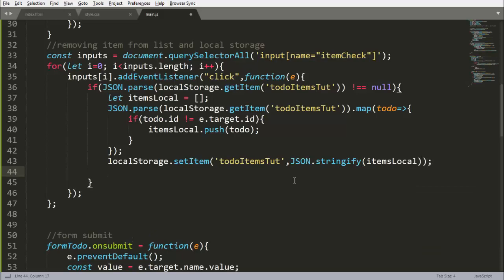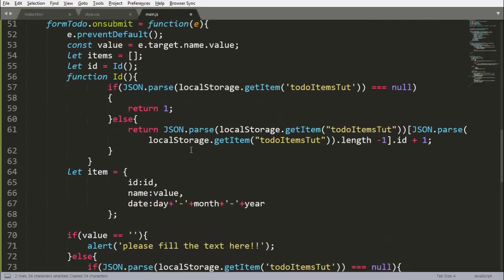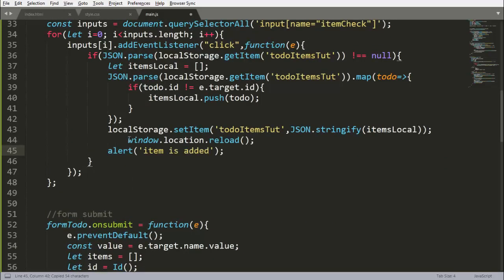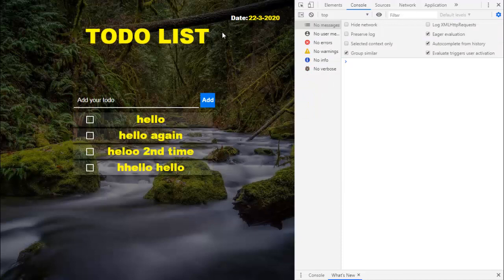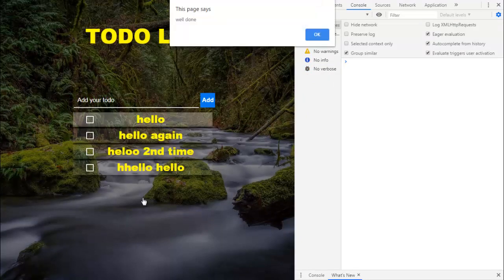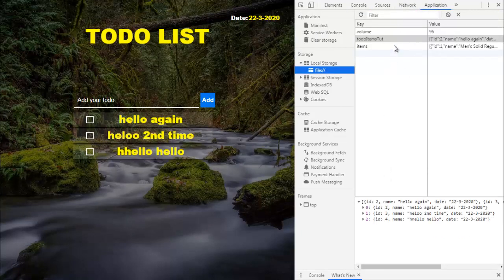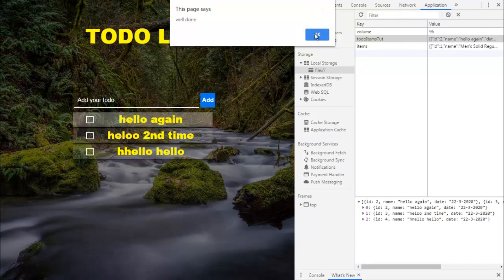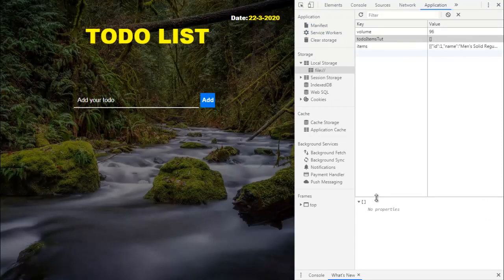So now we will do the same thing, like we will reload the window, copy this, paste it here, and here will be our well done. So save this, reload this here. So when we will click on this, see that well done. Okay, now this is removed from here. Same like that we did in the shopping cart here. See when I click on this, removed this, well done, removed here, and now there is nothing here.